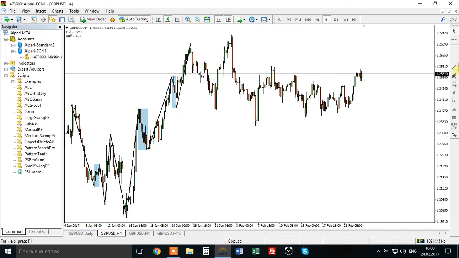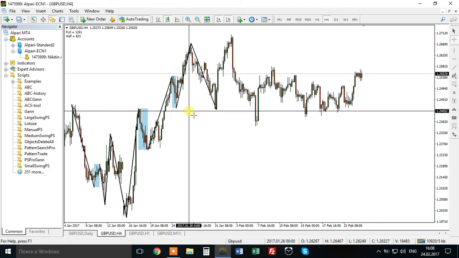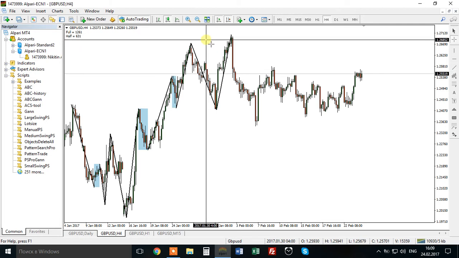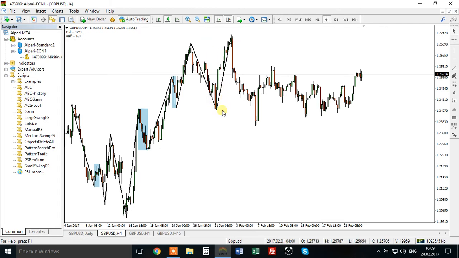Okay, uptrend here, then we go to the downside. Do we have an impulse to the downside? Yes. And after that impulse, what do we have? Another impulse to the upside. So this impulse was a false breakout, then we had another breakout to the upside, and that second one was a false breakout as well. Okay, after that we have